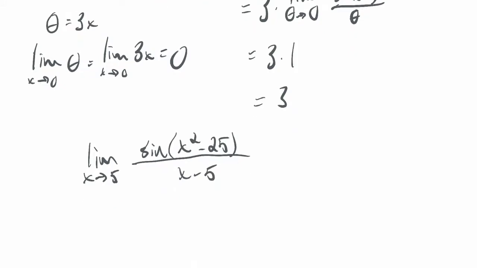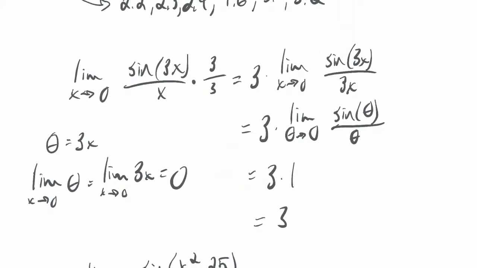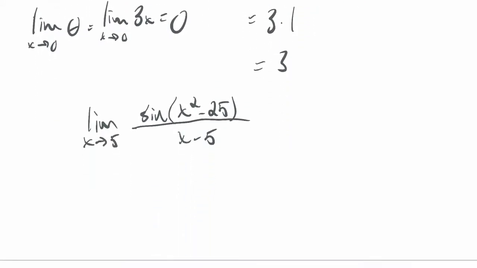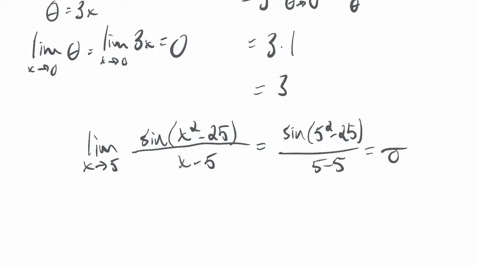So this is a fair bit more complicated than this one with the 3 in it. But it's a similar idea in that there's more stuff going on. And something I skipped here, I skipped plugging in 0 to see what would happen. Here, let's plug in 5 and see what we get. Generally it doesn't work out that way. That's why we're going through all these details, seeing what do you do when it doesn't work out. So if I plug in 5, I'll have sine of 5 squared minus 25, right, over 5 minus 5. Of course, the bottom is 0, right? In the numerator, 5 squared is 25, and if you subtract 25, well, now we have 0,